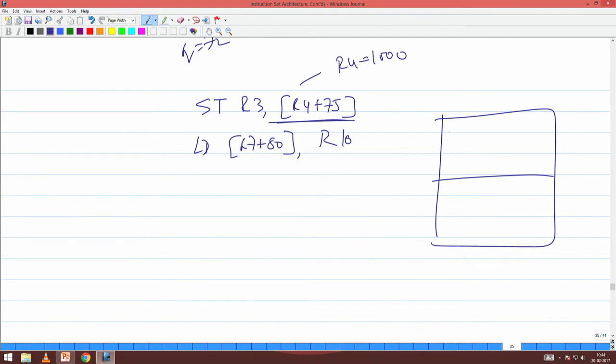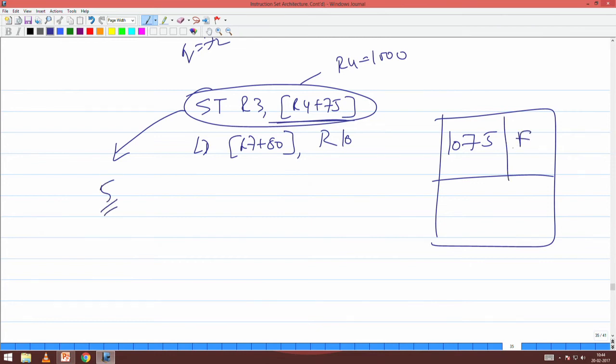In the content addressable memory, I will put 1075. And suppose this instruction is allotted to execution unit, say 5, I will put E5 also here. So, in the content addressable memory, I will store 1075 and I will put E5. This essentially says that if somebody wants to read from 1075, that value is not there in the memory; the latest value is currently being computed in the execution unit E5. Are you able to follow?